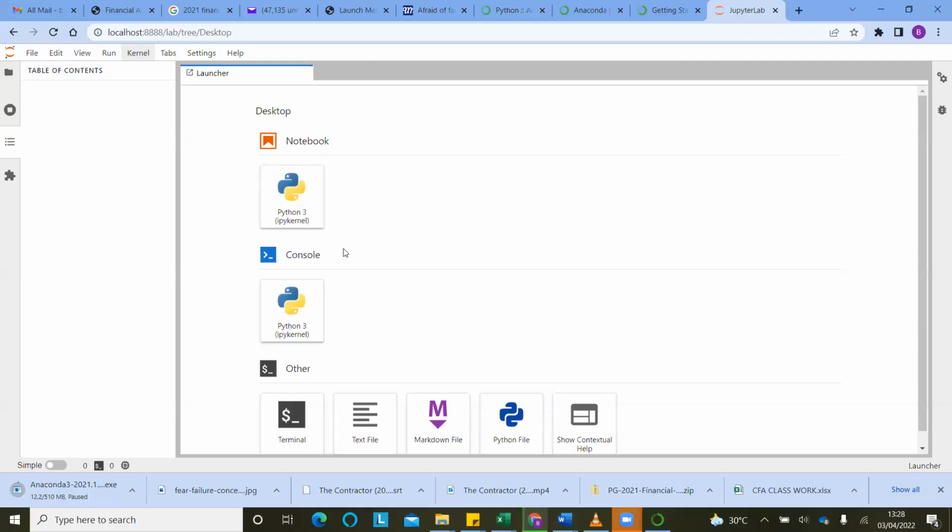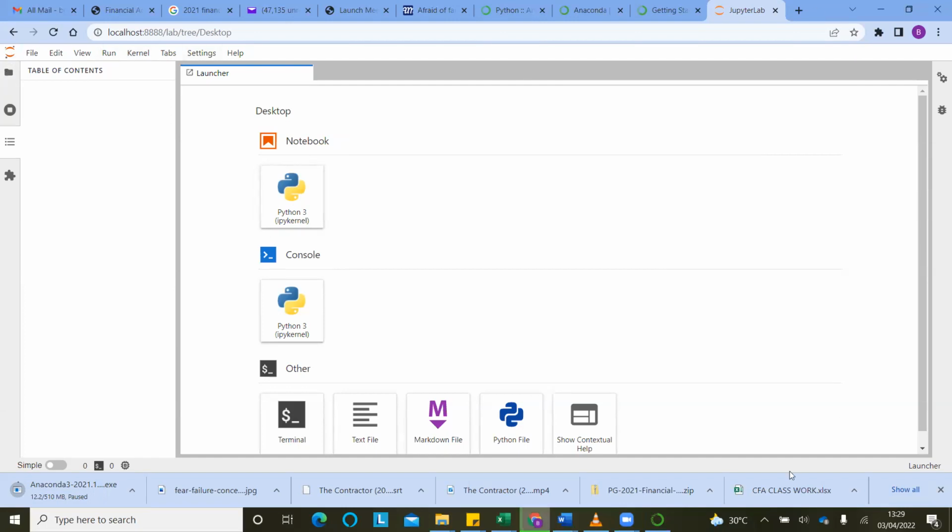Click launch and Jupyter. Just close this Jupyter Lab. Where's your Anaconda? You will see your notebook.